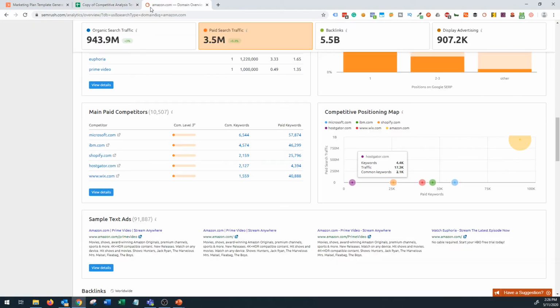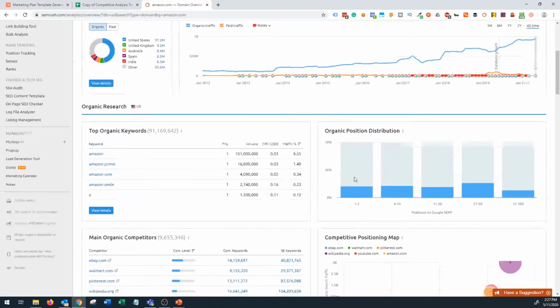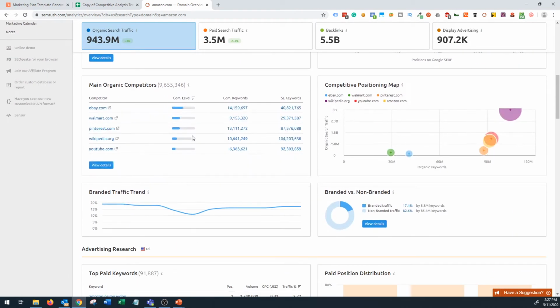And one more tool is the SEMrush competitor analysis tool. And again, this is a pretty powerful tool. Over here, what I've done is I basically type in the company URL. So let's say you know the competitor and you know their URL. You can type in their website, and then it's going to provide you, and obviously I've selected Amazon. That's just a massive website over here. But you can provide any kind of URL, and it will provide you organic search traffic, paid search traffic, how many backlinks, display advertising, what kind of keywords they are ranking, who are their main competitors.